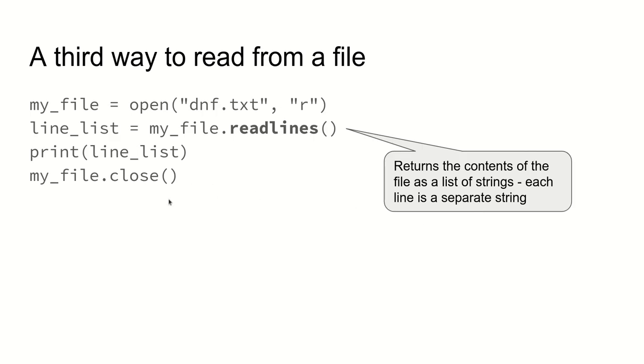Here is one more way that we can read from a file that may be useful if you prefer to work in lists, or if you're wanting to hold on to the data. That read command that we did at the start can be useful if you know that you really want all of the file all as one big string. But often, if there are multiple lines in the file, you might want them as a list. And rather than having to do a for loop and have an empty list and accumulate item by item, you can just call readlines, and it will do that for you and create a list,